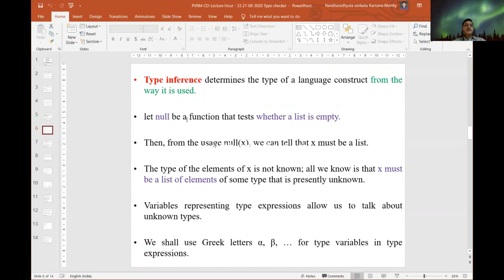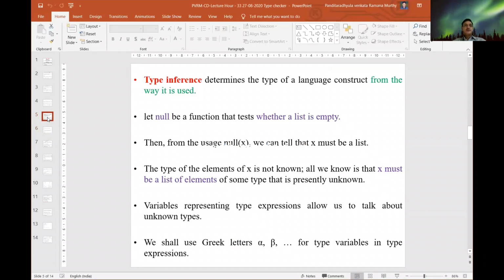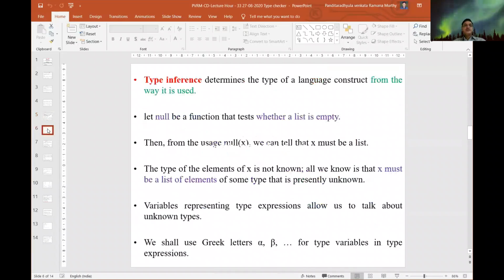We have one more kind called type inference. The previous one is type synthesis, which gets its values from its children. Similarly, we have the other one, called type inference.